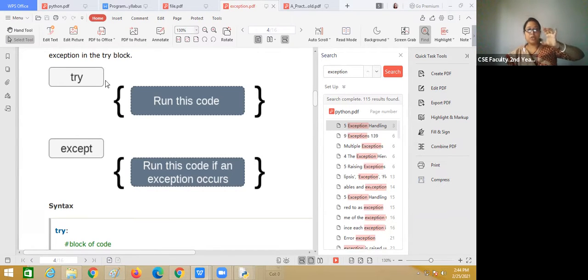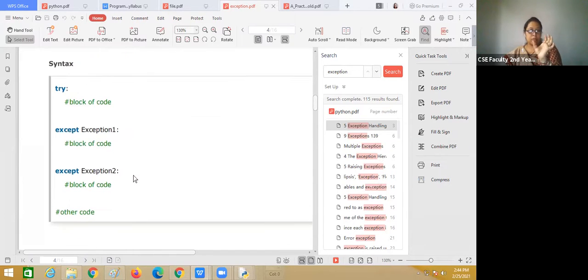Try will monitor your code, and except will take over if you get any error in the try block. Run this code if an exception occurs. Through that exception, you can also give your own lines.